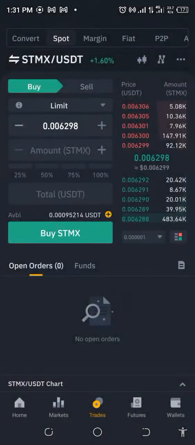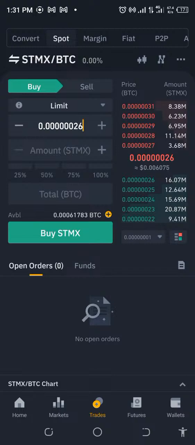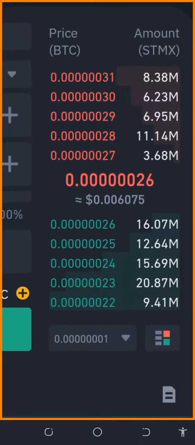So let's go ahead and see what we will do. This is, like I said, an experiment. It might work, it might not work. Okay, so let's get cracking. So I'm going to go straight to using STMX BTC. And before I do anything, let's take a look at this market price. The market price is